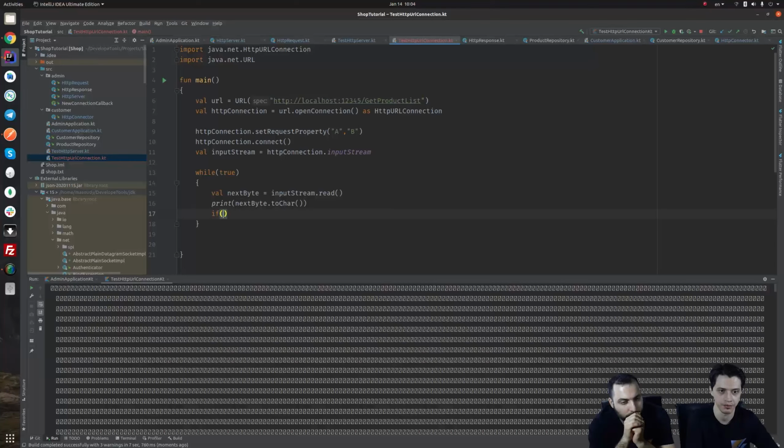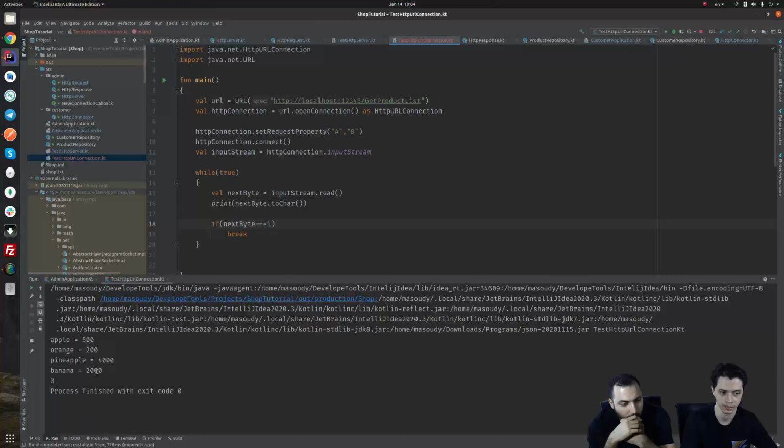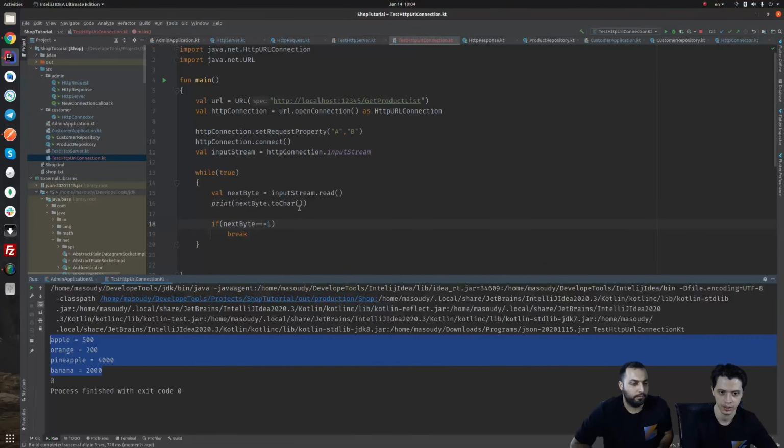Let's say if next byte is -1, indicating the end of the stream, break. Okay. You can see that we are capable of receiving the response, and then we are printing. So we are actually connecting to somewhere, to our own server. We are sending, for example,